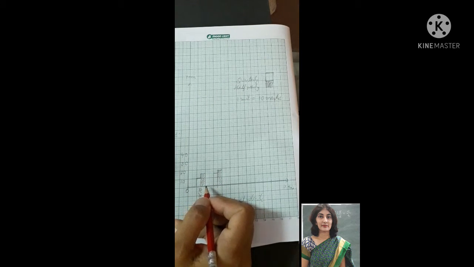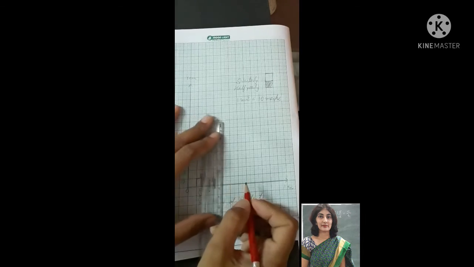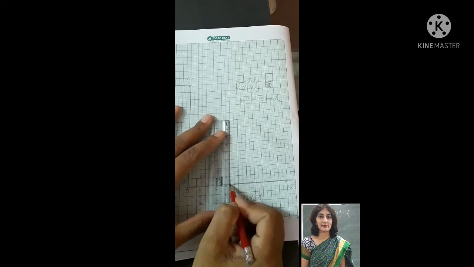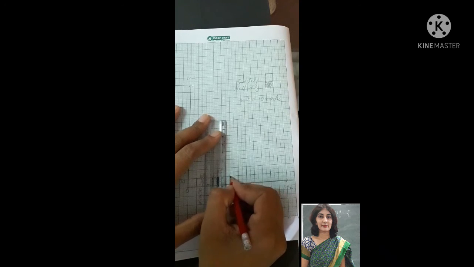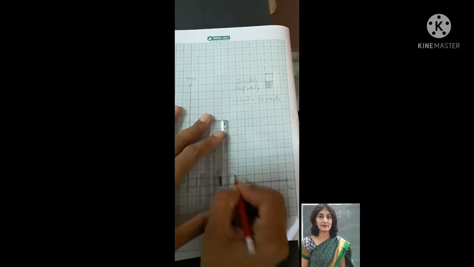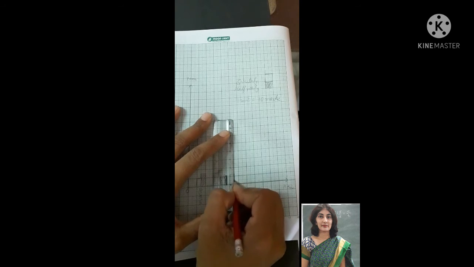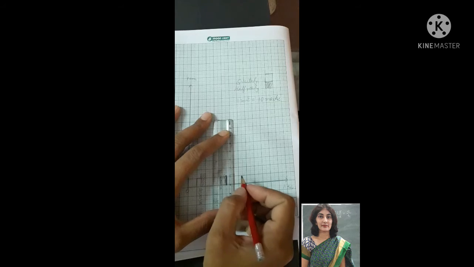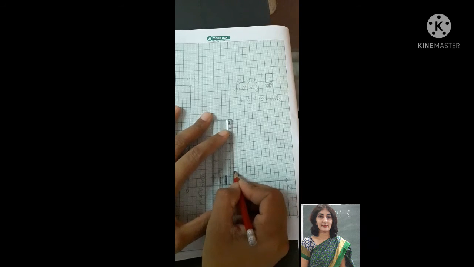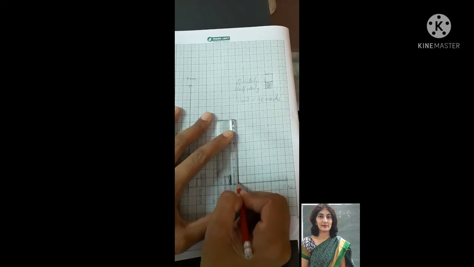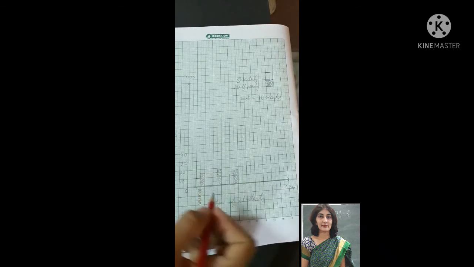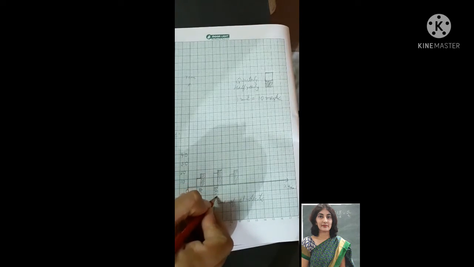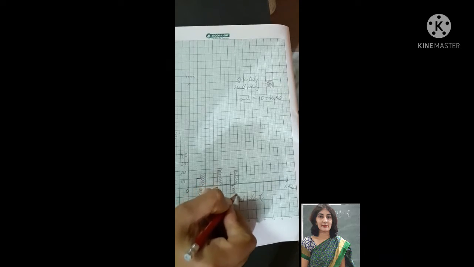Then next is Kavish. Kavish scored 12. So leave one box and then mark for 12. After 10, the second line, between 10 and 20, the second line is 12. So here, this is for quarterly and 16 for half yearly. 16 will be after 15, the next line is 16. So this is for half yearly, and you will shade this like this. And write here the name of the children. This was for Arun. This is for Kavish.